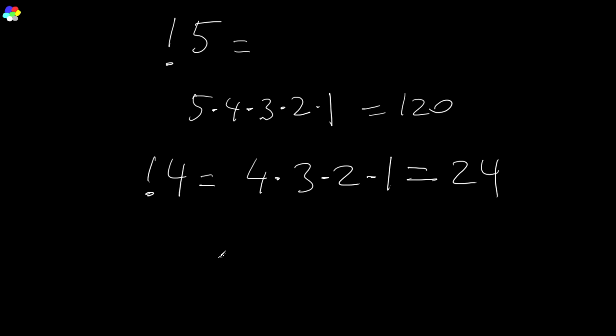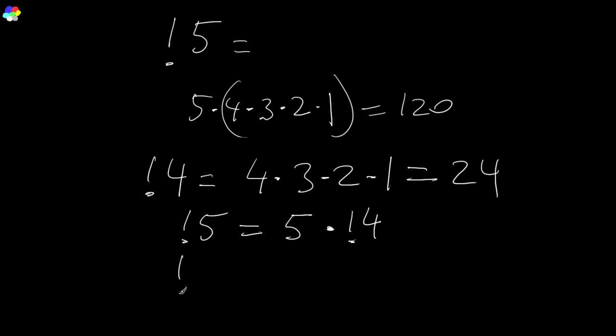And what does that mean? Well, for example, you could write 5 factorial is equal to 5 times 4 factorial, because 4 factorial is 4 times 3 times 2 times 1, and 5 factorial is 5 times 4 times 3 times 2 times 1. So 5 factorial is just 5 times 4 factorial. Likewise, 4 factorial is equal to 4 times 3 factorial. So we could rewrite this in general form as n factorial is equal to n